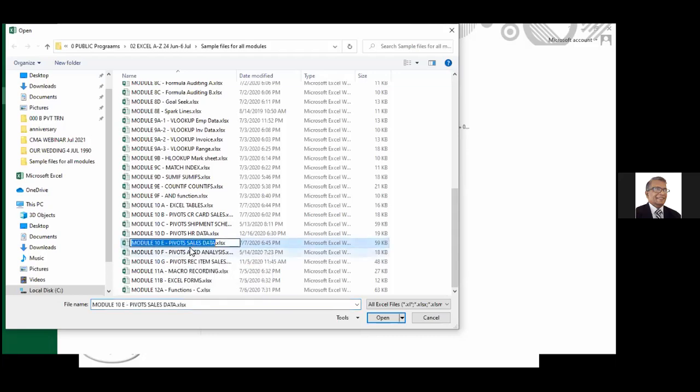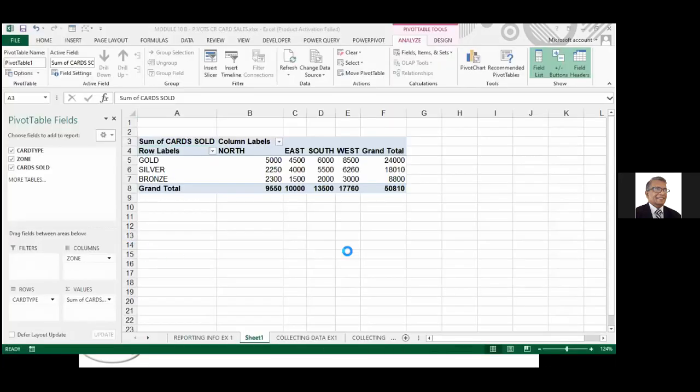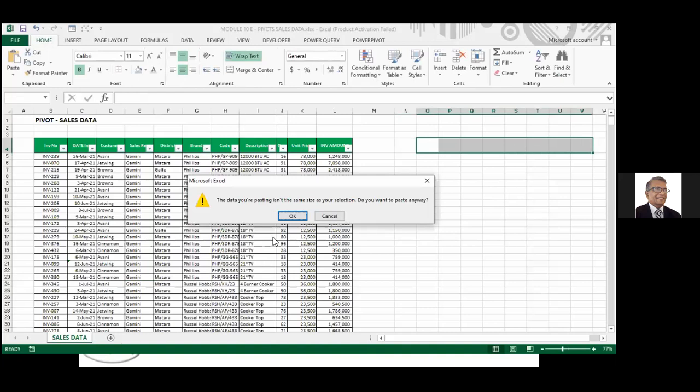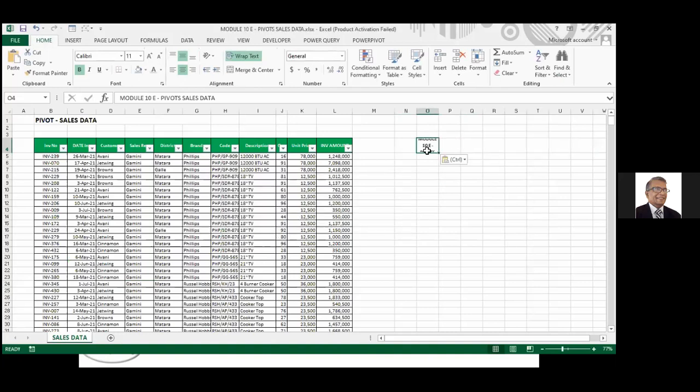Pivot sales data. Number 10E, pivot sales data, right?